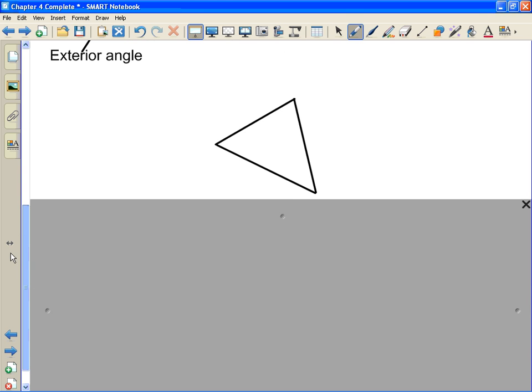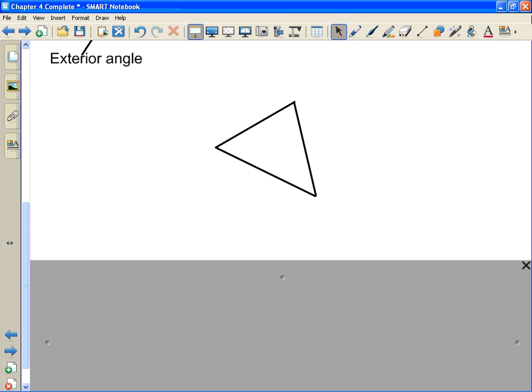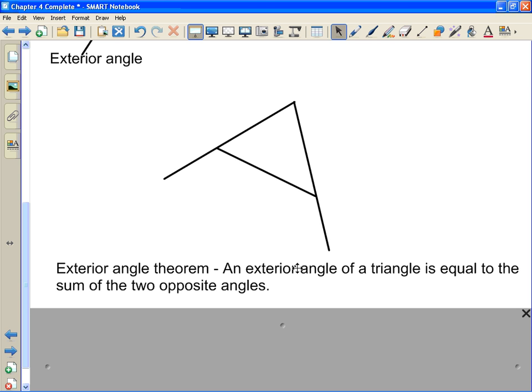So let's just look at another example to kind of see how we get our exterior angles. So if I've got a triangle here and I want to make an exterior angle, all I'm going to do is extend one side. And now I've got an exterior angle here. Okay, or maybe I extend this side this way. Okay, now I've got this exterior angle. Okay, and the exterior angle theorem is what we just went over. An exterior angle, so these extensions, is always going to be equal to the sum of the two opposite